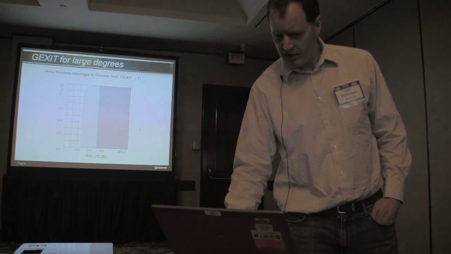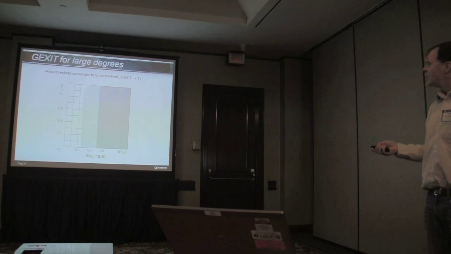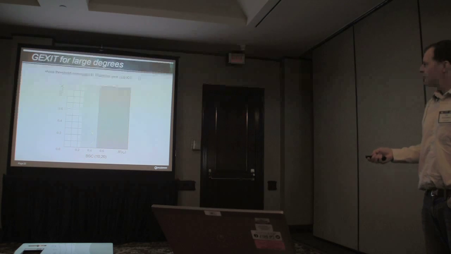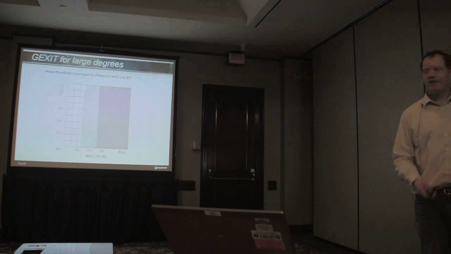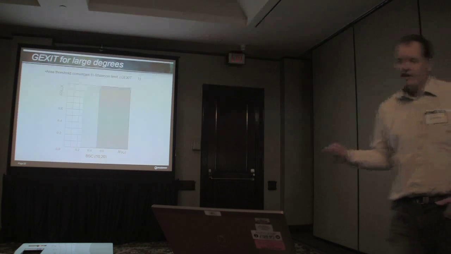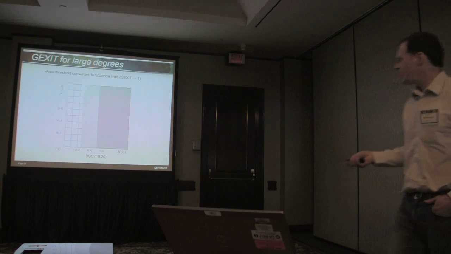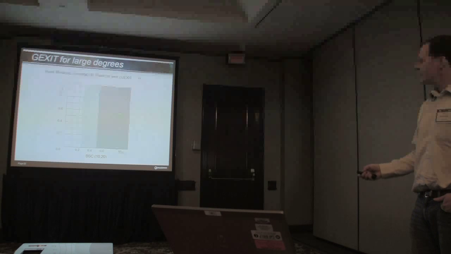Okay. Now, finally I get to the point of why we need large degrees. Well, the hope is that the spatially coupled system will go to this area threshold. So if we want to go to the Shannon limit, we need the area threshold to go to the Shannon limit. And if we look at large degrees, this is what happens. And it happens universally. This is an example for a binary symmetric channel, for essentially a 10-20 structure. And you can see that